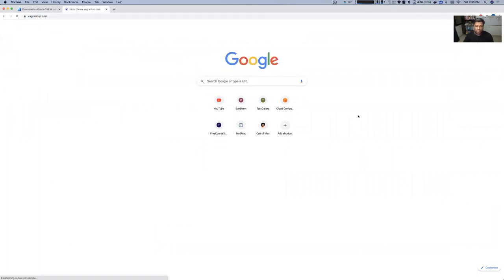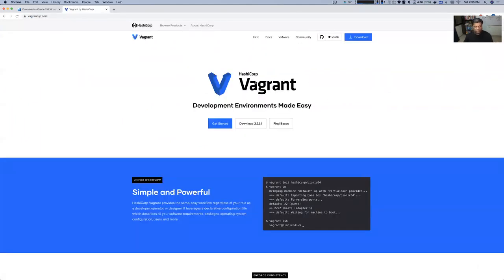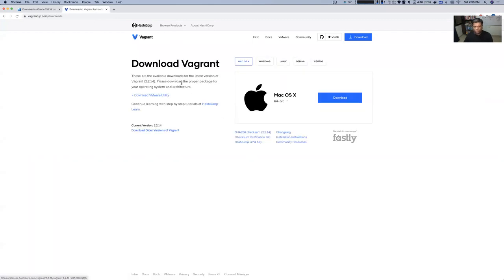That's called vagrantup.com. That's where you will find the latest version. Go to download Vagrant, version 2.2.2, whatever it is, again depending on your operating system, choose whichever version is suitable, and just download and install this. First install VirtualBox, then install Vagrant. That's it. These are the two things that you have to install on your machine